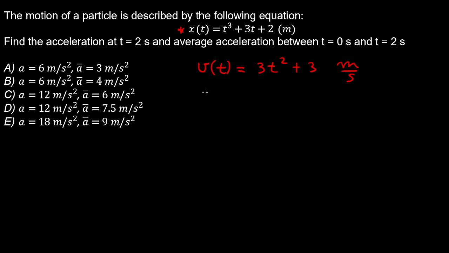And if we differentiate again, we get the acceleration, which is 6t meters per second per second. So therefore the acceleration at 2 seconds is 12 meters per second squared,